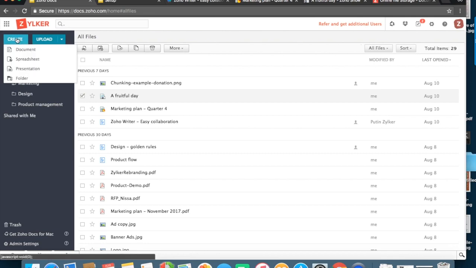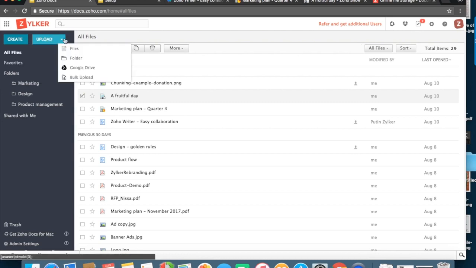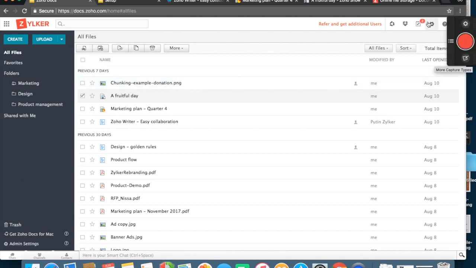You can create a document, spreadsheet or a presentation using the Zoho Docs Office suite that is built into the Zoho Docs account, or you can upload them as files or folders, or bulk upload them if you have a lot of documents on your desktop. We also give options to directly sync your documents from the Google Drive account or from the Dropbox account that you might have.